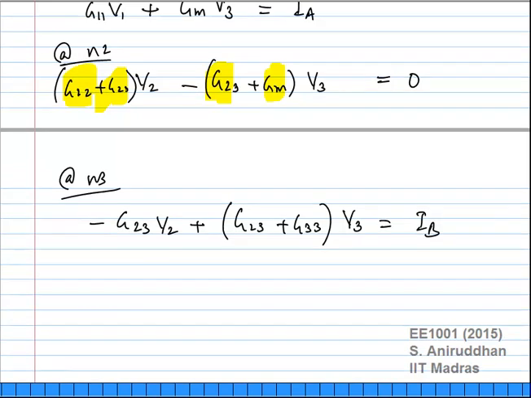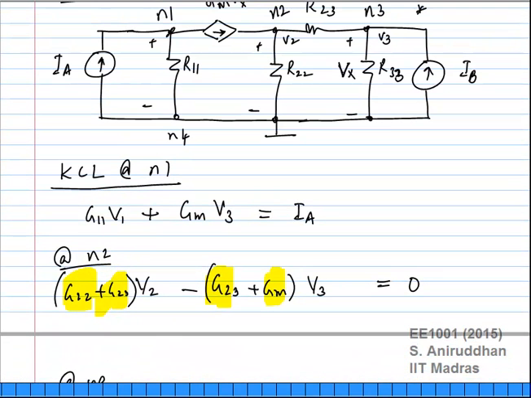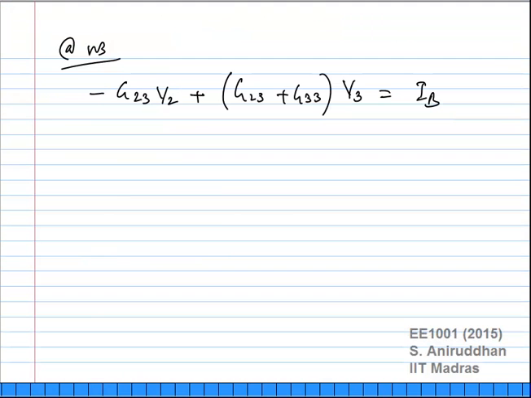So I have one current here, another current here, and that's equal to this. Now if I put it in matrix form,